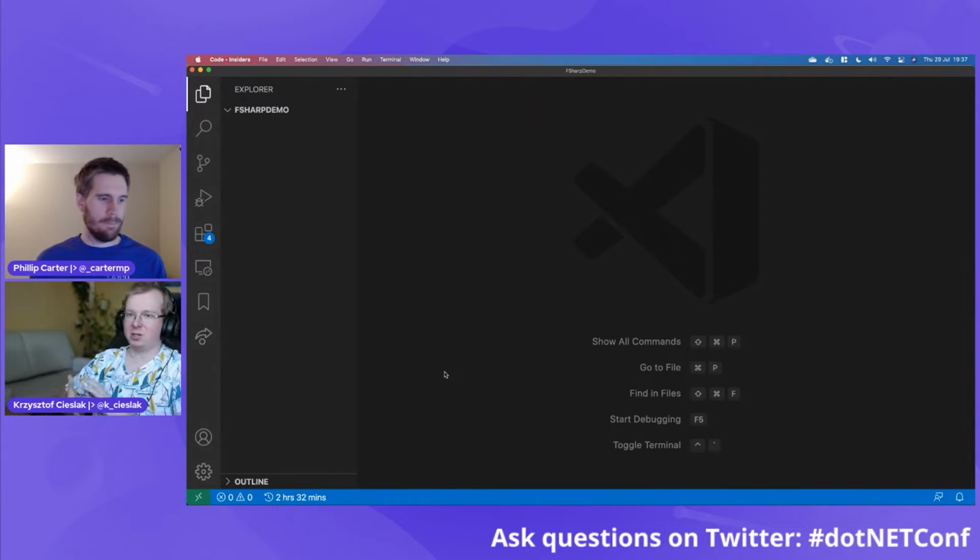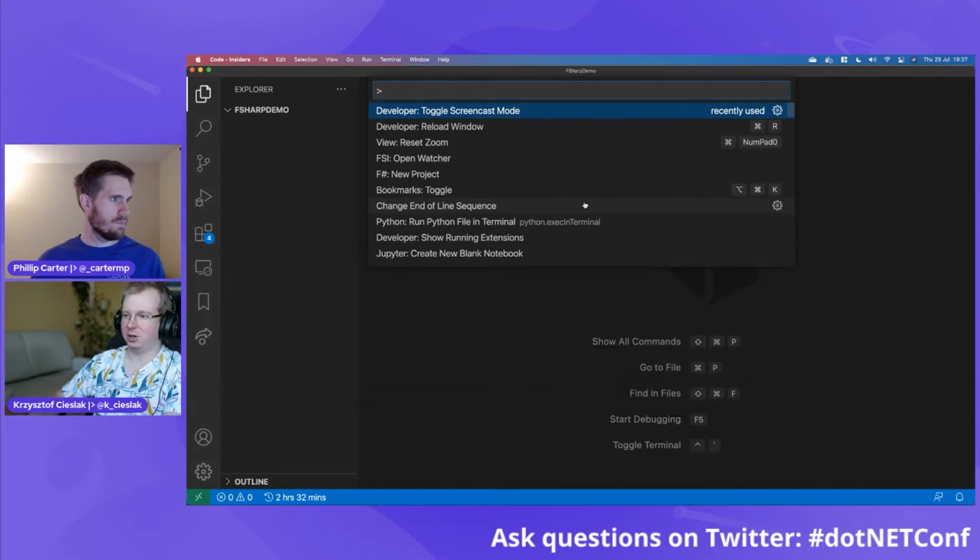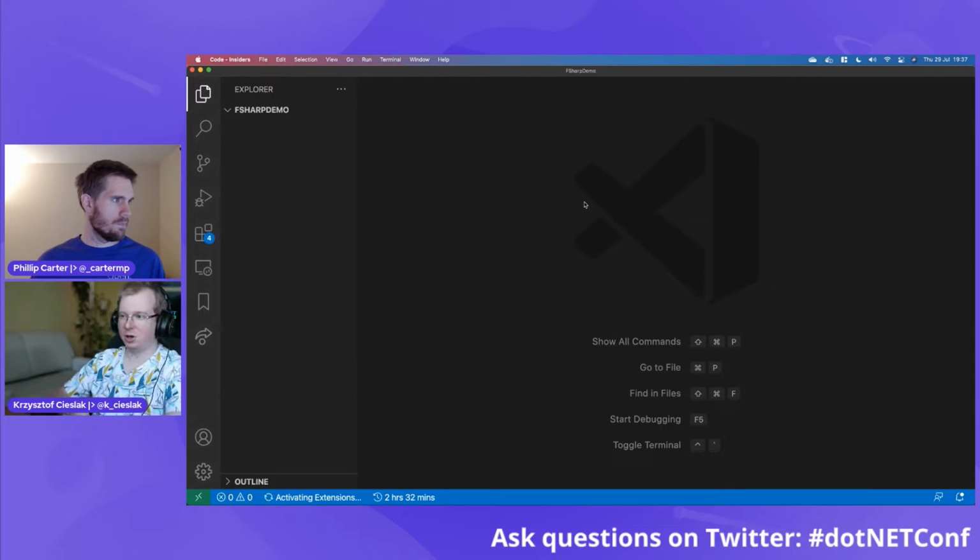Okay. Yeah, perfect. So here I have an open Visual Studio Code instance. It's an empty folder. There is nothing in there. So we want to start by creating some kind of F# project. There is a command, F# New Project. I can run it, and this will